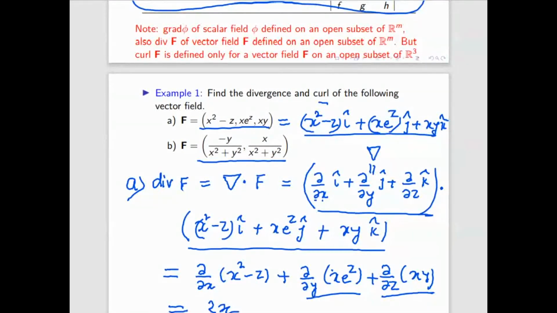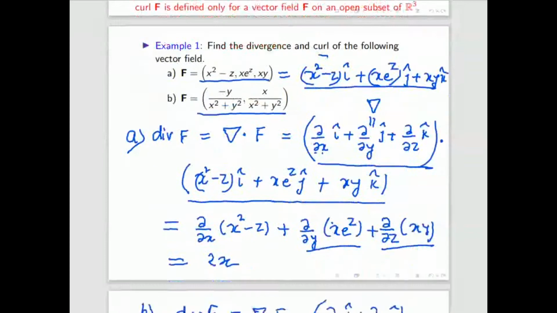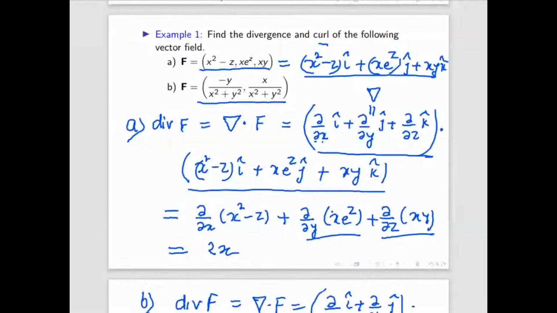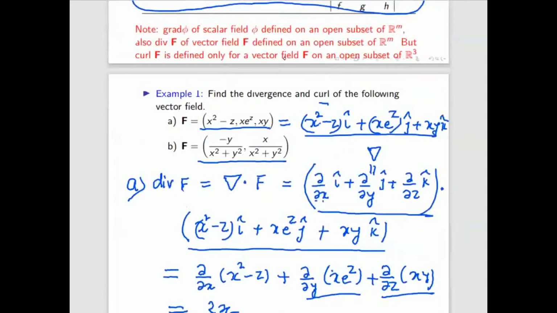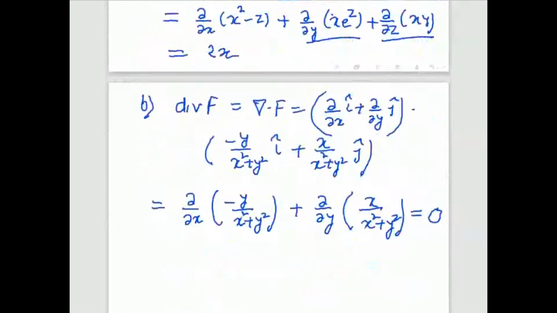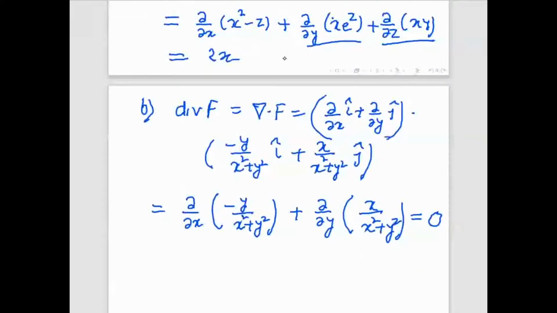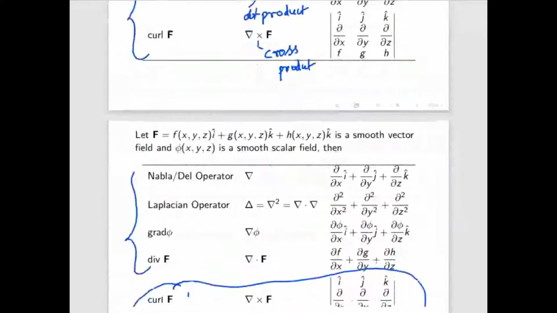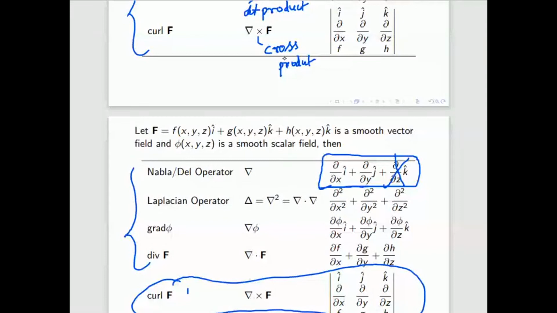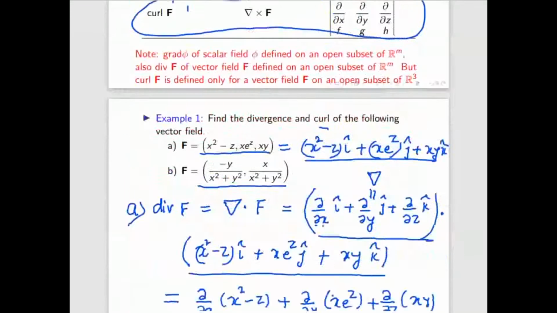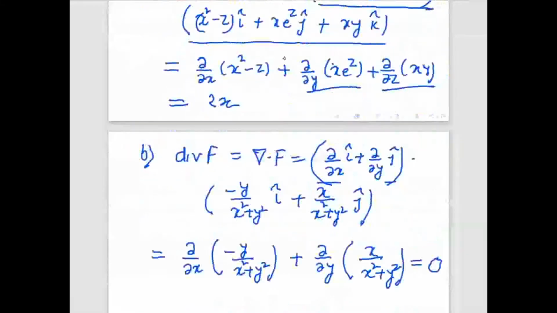Can you explain part A or part B for divergence? Yeah. So the divergence formula is del dot F, because it is two dimension. You can see from here, this is the first component, this is the second component. So only two components. Then del will become del by del x i cap, del by del y j cap. So this is the operator del. The del operator in 3D is this one. Because it has two components, this part will not come. So that means this is only the del operator.